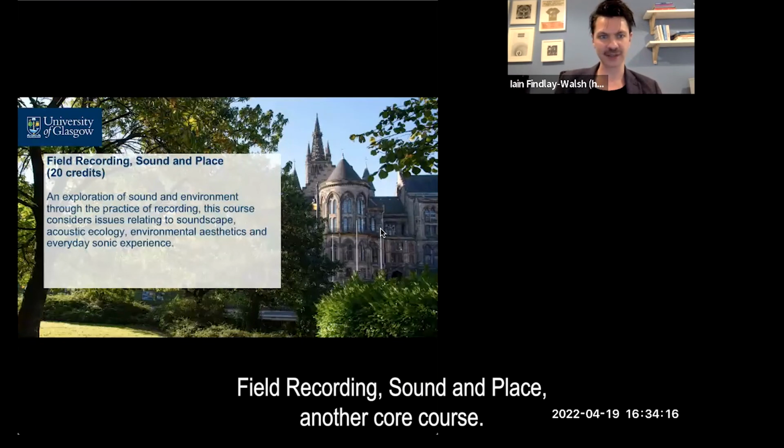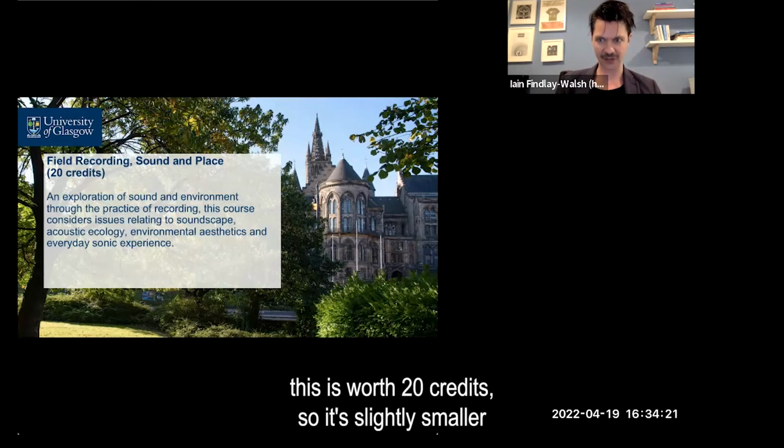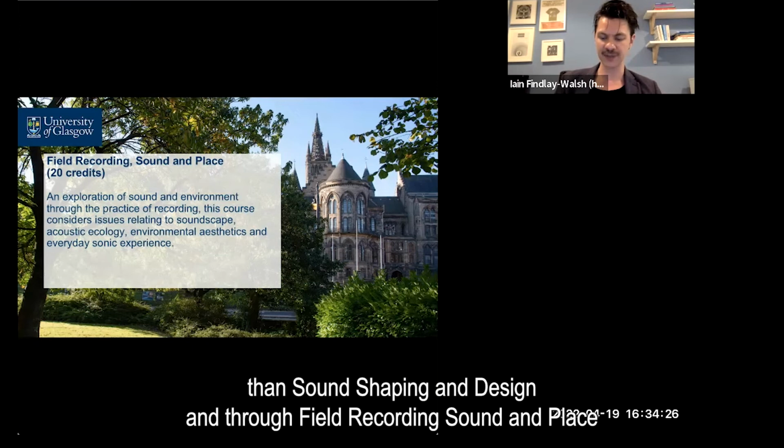Field recording sound and place, another core course. As I've said, this is worth 20 credits, so it's slightly smaller than sound shaping and design.